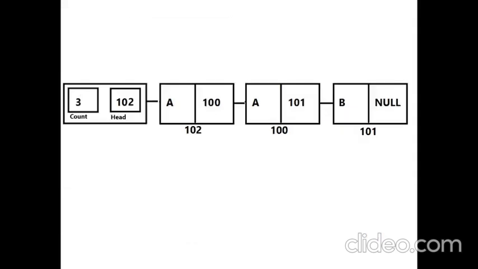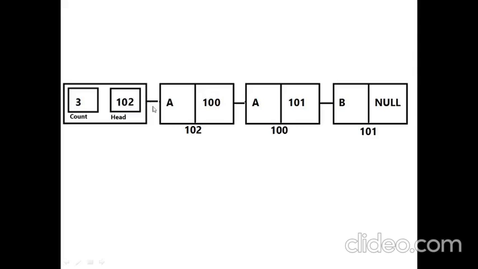This is another example where we want to insert the new node at the beginning itself. That is, the first node itself is to be replaced by the new node. Now what changes have we done? We have changed the head itself. We have changed the value inside the head by the address of the new node, and the link field of the new node has been assigned the address that was inside the head itself.